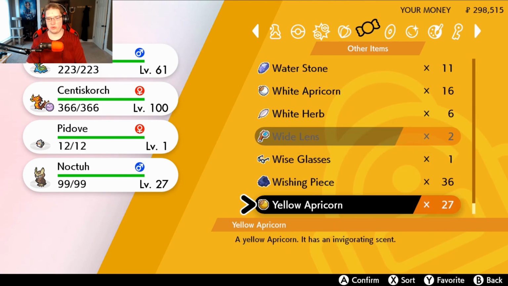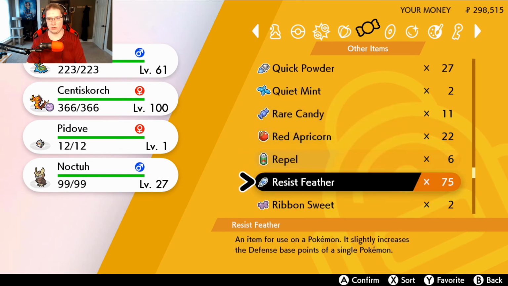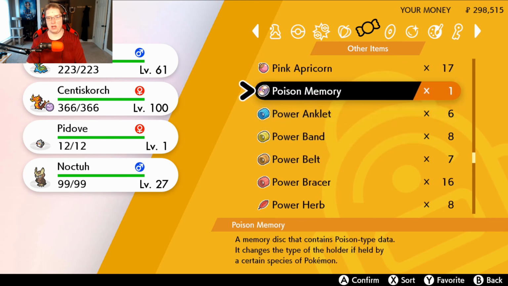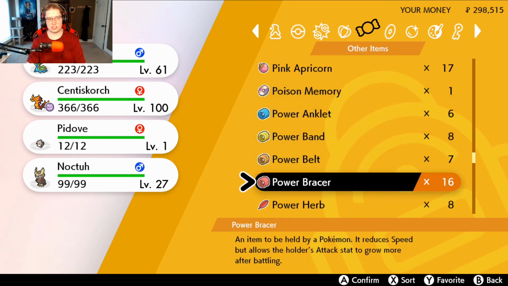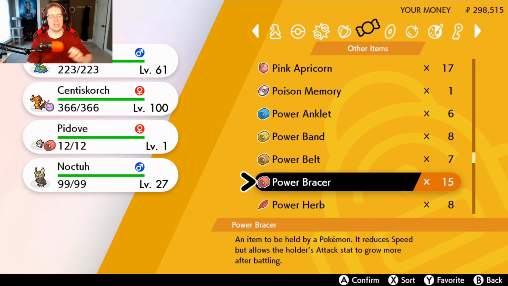Well, there's a reason why I have all of them, if I can actually find them without flying over them. So we have the Power Wave, Anklet, etc. I want the Power Bracer because I want to do attack. If you give that to Pidove, it actually gains 8 EVs of attack, regardless of what species that you knock out. It will always gain 8 EVs in whatever you knock out in terms of